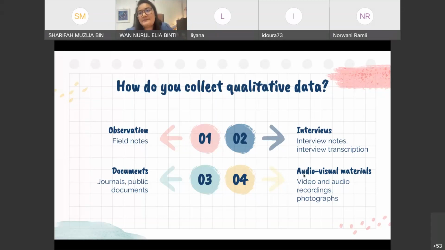Let's say you want to examine student teachers' ability to reflect on their lessons. What are some of the documents you can collect from the practicum teachers? Let's say I want to look at reflective practice. What are some of the documents I can look at as my qualitative data?